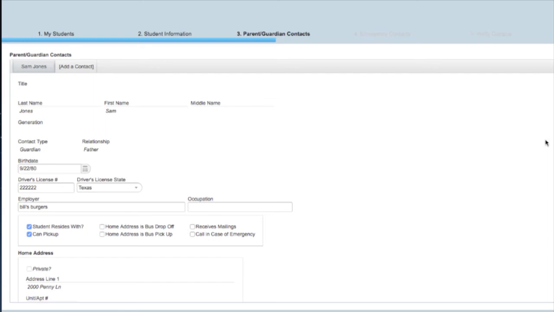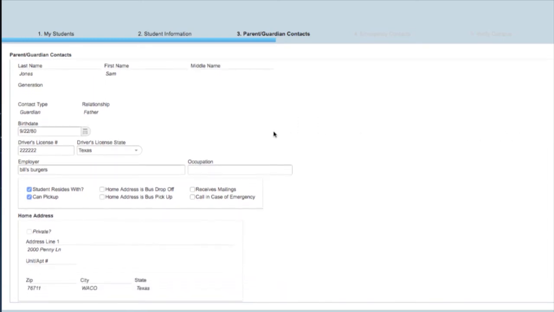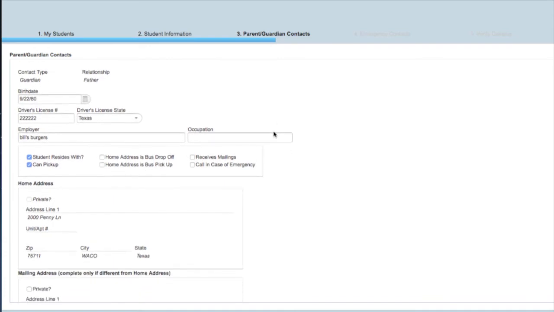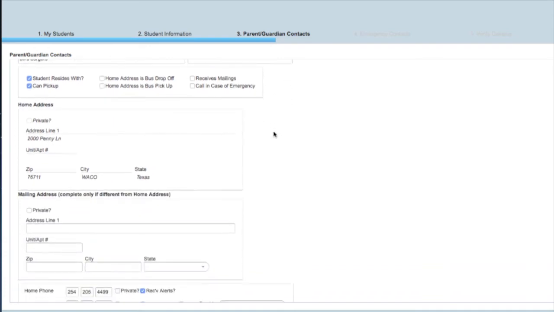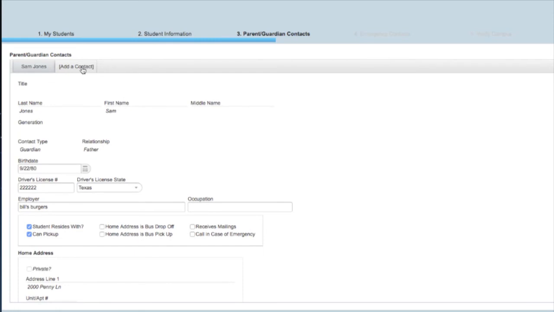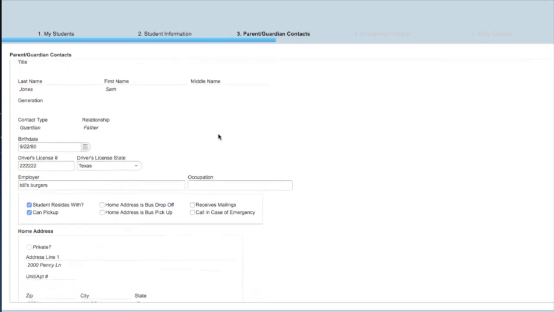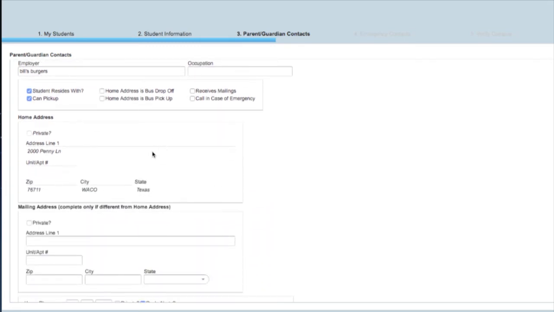Parent-Guardian Contact Screen. Please complete and/or update all of the information on this screen. If you wish to add a guardian, please click the Add a Contact tab at the top of the screen and complete the information. The mailing address portion can remain blank unless mail is delivered to an address other than